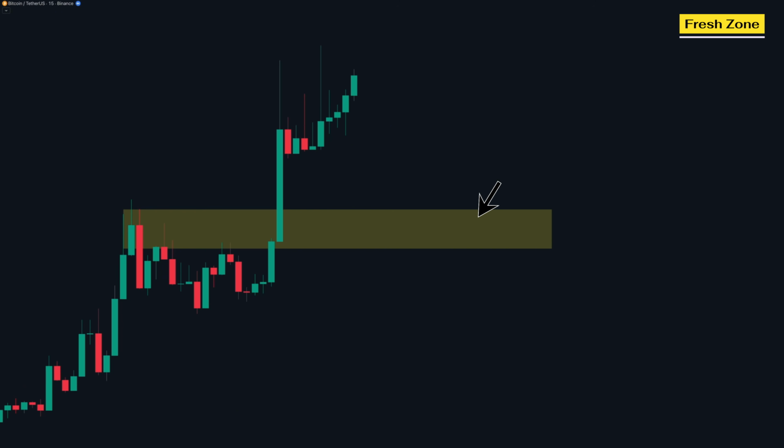Both sides have orders sitting right there, so when price comes back down and touches that level for the very first time, see this, all those orders get activated at once. Buyers step in aggressively, sellers get proven wrong and exit their positions, and price bursts straight back up with massive force. This is the fresh zone, the first retest of a breakout level, one of the most explosive and reliable